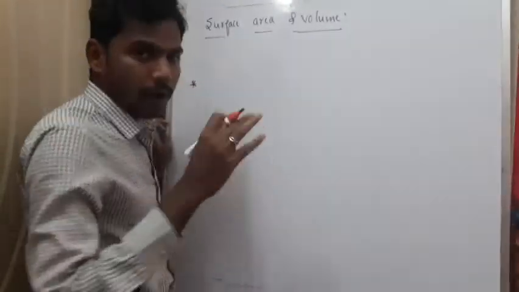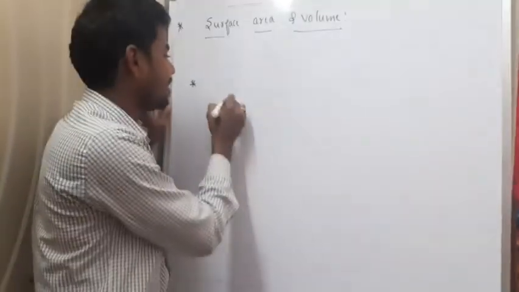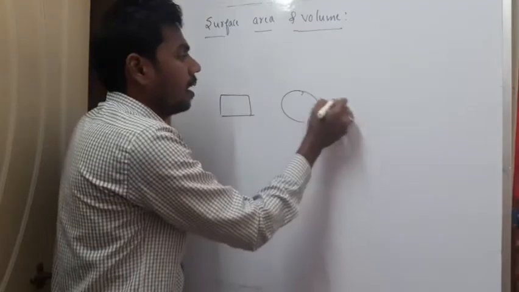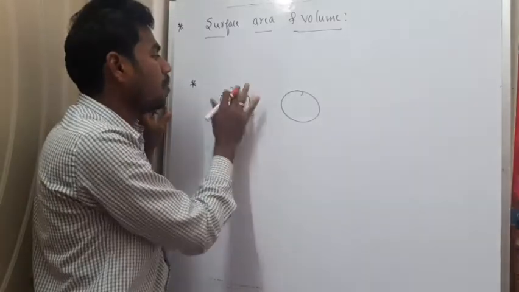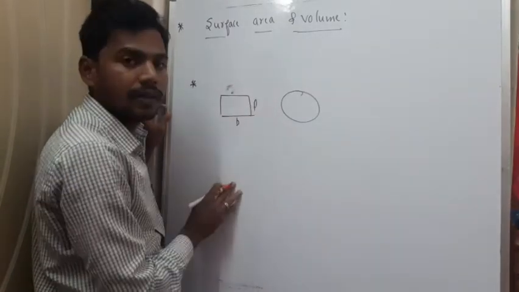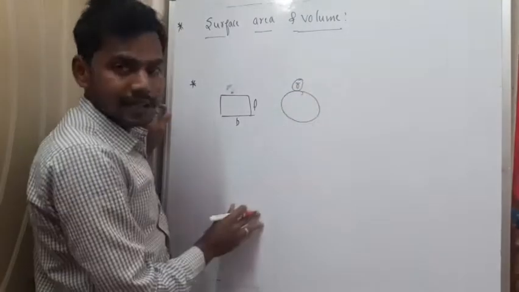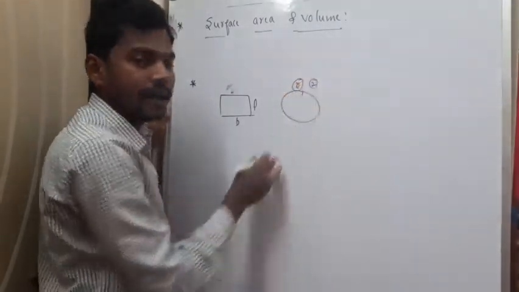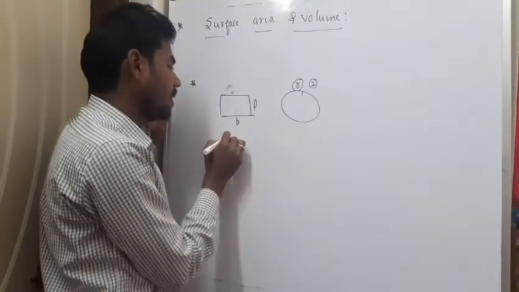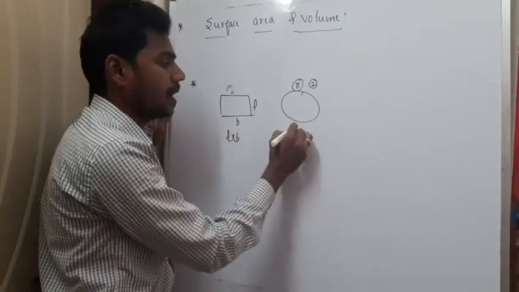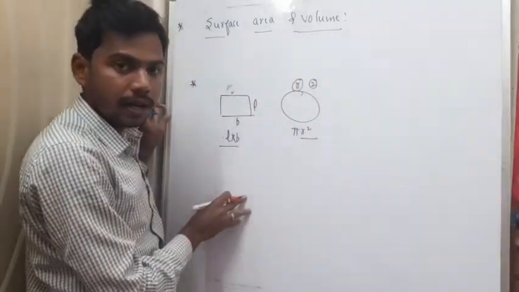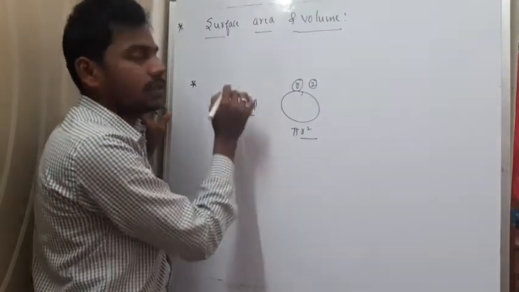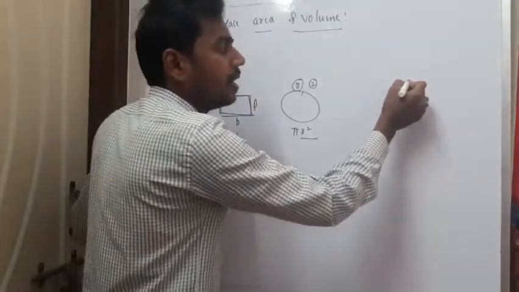See, you already know what you learnt in 6th standard and 7th standard, that is rectangle and circle. These are all called two-dimensional figures. What does it mean? Only two dimensions: length, breadth, or radius. If you take the area of a rectangle, it is length into breadth, whereas the area of a circle is pi r square. So two dimensions are required to represent these figures. But in case of 3-dimensional figures, we need 3 dimensions.